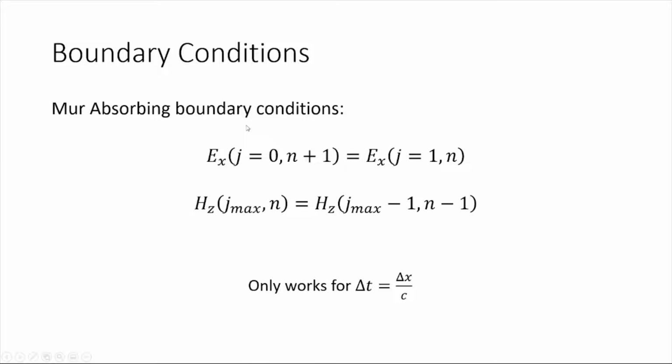If you don't have this boundary condition, what happens is that you're basically saying, well, the electric field at j equal to 0, for example, is going to be 0. Like you're never updating this point, right? So when your electric field is 0 somewhere, that means that you actually have a perfectly electrical conductor at that point. Because the electric field, if it's 0, either you didn't introduce a field, or if you did, then you're in a PEC, a perfectly electrical conductor, which means that when the electric field hits the point j equals 0, it's going to be reflected back into your